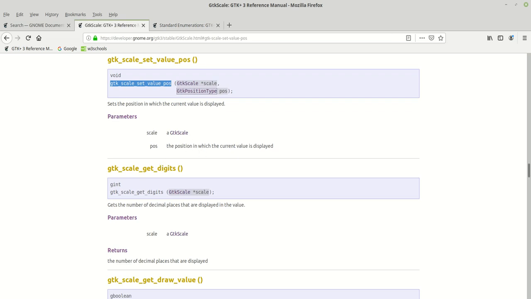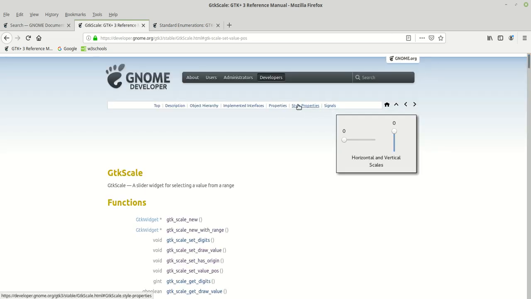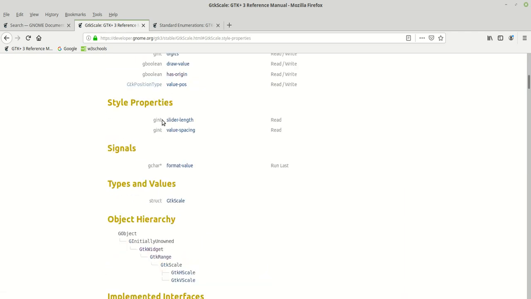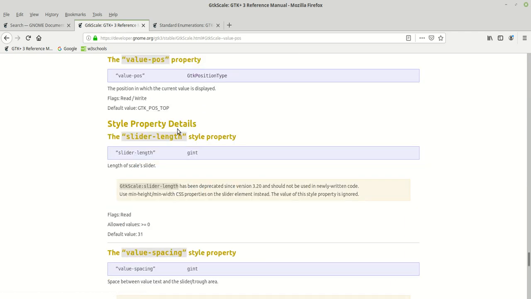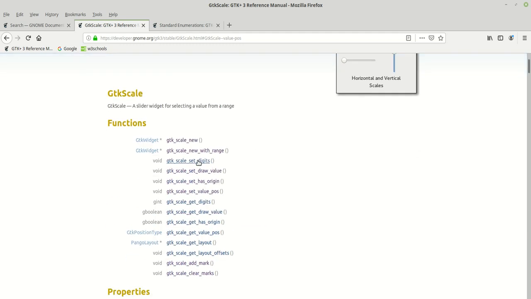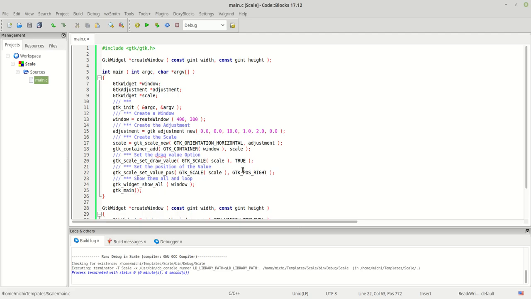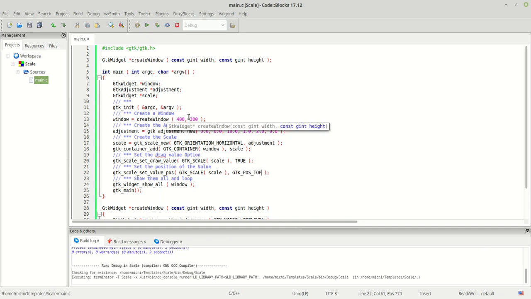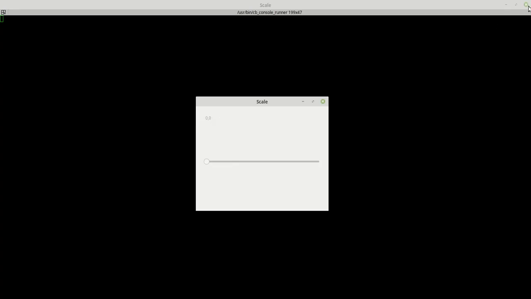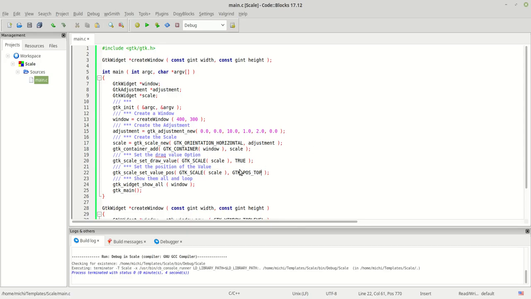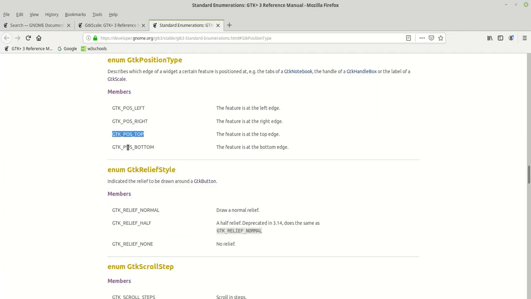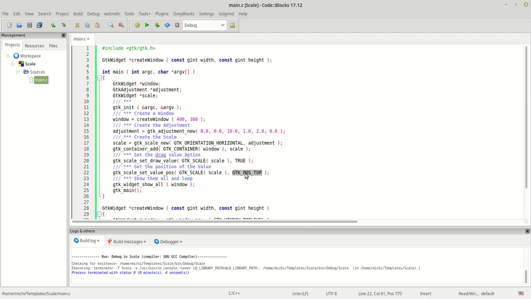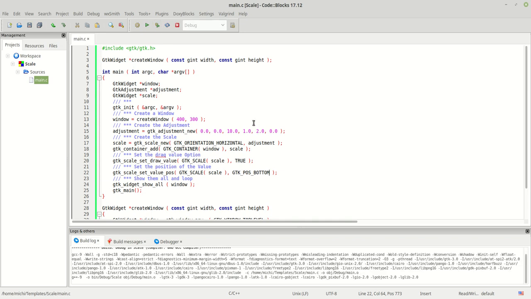It doesn't say, but maybe if we go to properties, draw value position, and the value position says top. Yes. So basically the default one is the top. So what we saw already, our value, it is right here. And of course there is the last one, which is the bottom one, which is of course under our scale, or after,